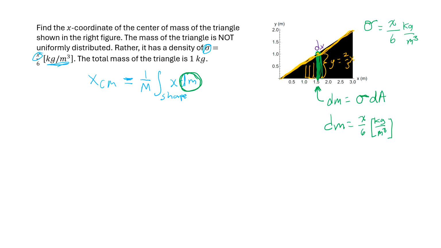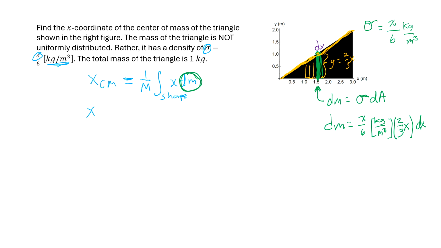The dA, well, the area of a rectangle is base times height. Our rectangle has a height of y, which is 2/3 x, and a base of dx. And so this is our complete mass element dm. And this allows us to rewrite our integral